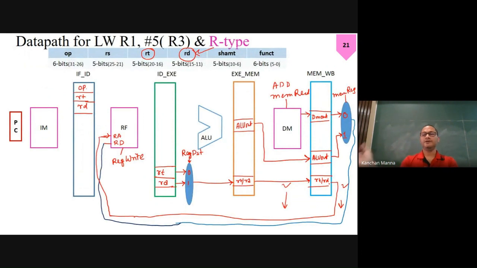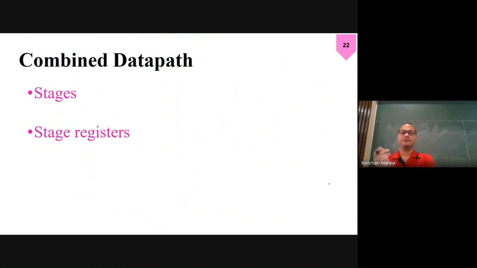Okay. So now let's say we have combined the data part, I mean, these two. We have to also consider the other instructions. Then in this data path, what are the different components we have? The stages and the stage registers. Now tell me, if we have the stages, and in each stage we'll add all the instructions, then what circuitry do we need there? We have to insert a multiplexer. Now for the stage register,